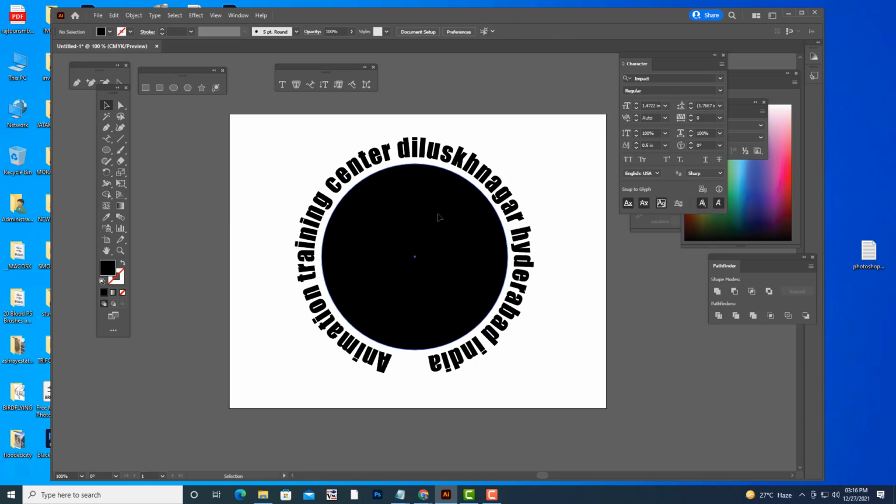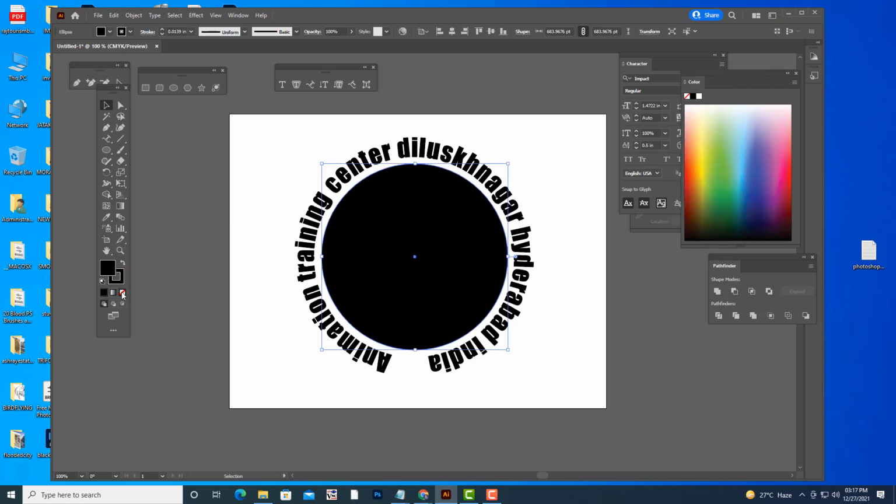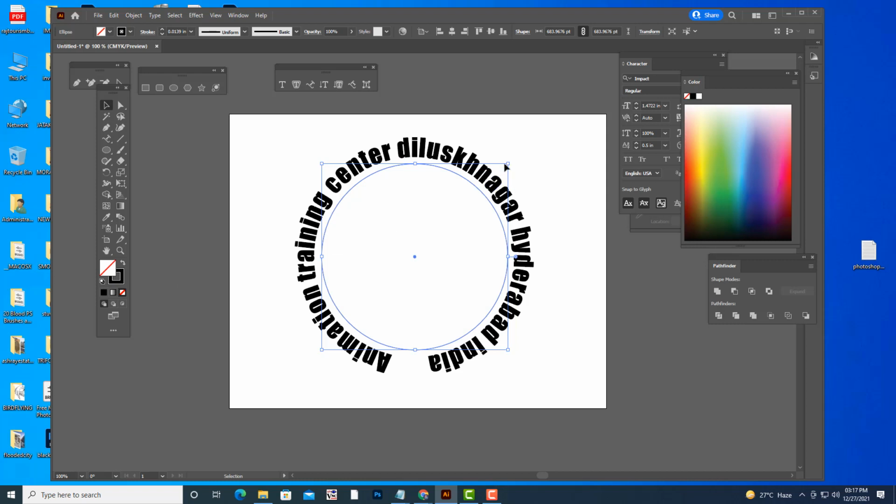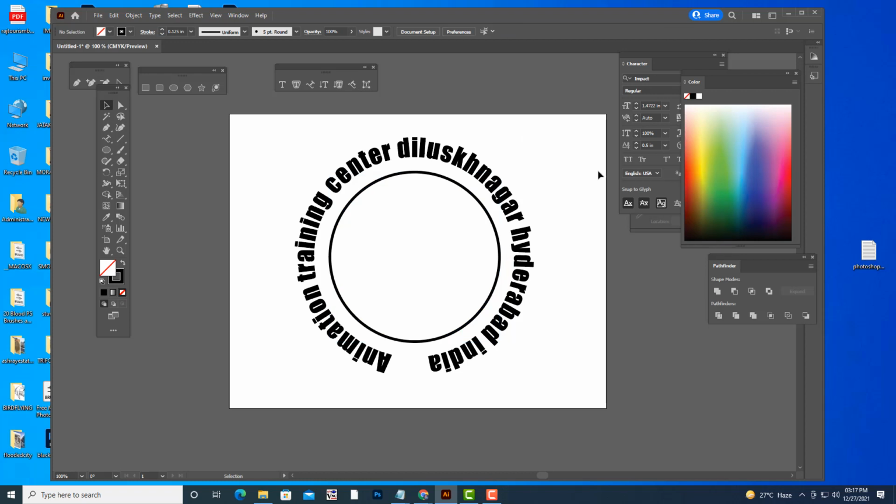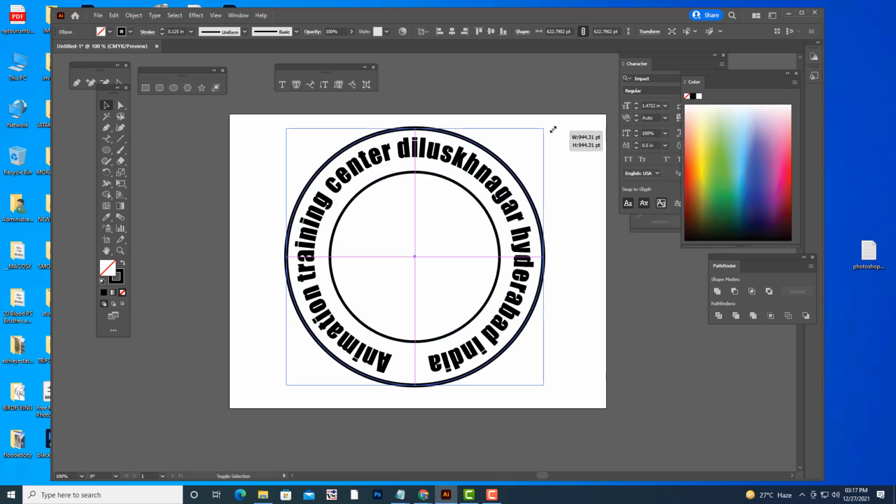You can apply a stroke and turn off the fill, and keep it a little bit inside, like this. Then we can take one more, Control C, Control F, and keep it like this, Alt Shift and drag.